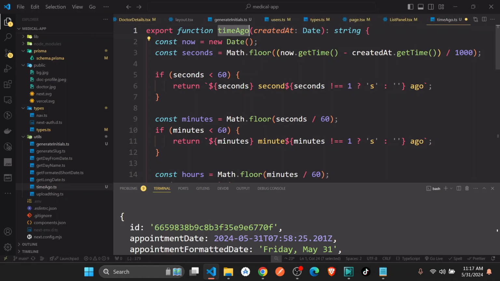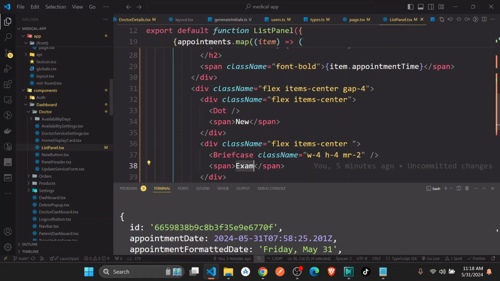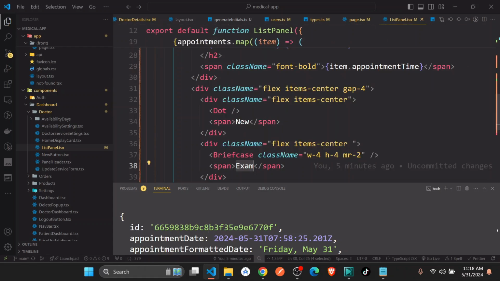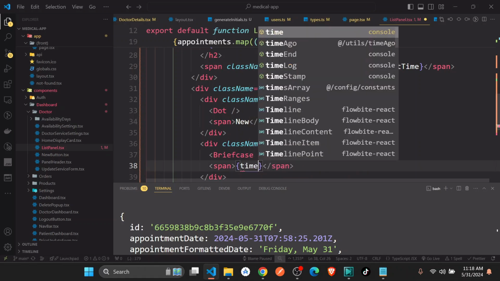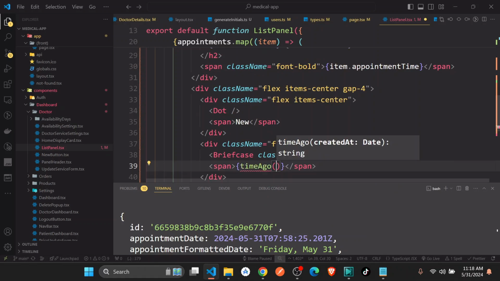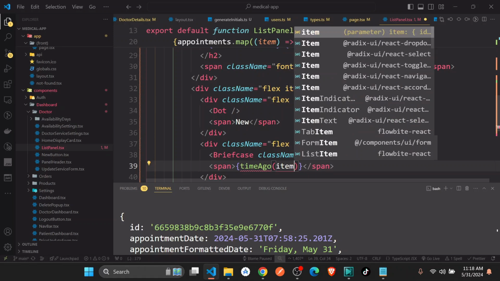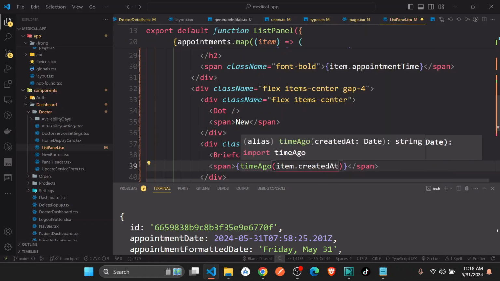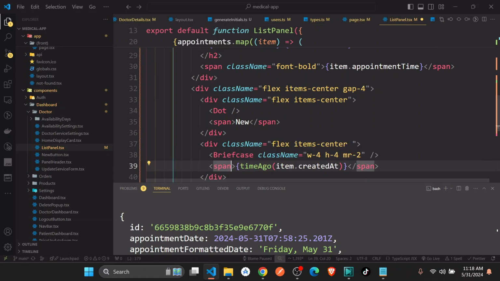Okay, so just go to the list panel. So here we're just going to show the past time. So I'm just going to say this timeAgo. Okay, and then pass in item dot created at. Yeah, so the return will be there,